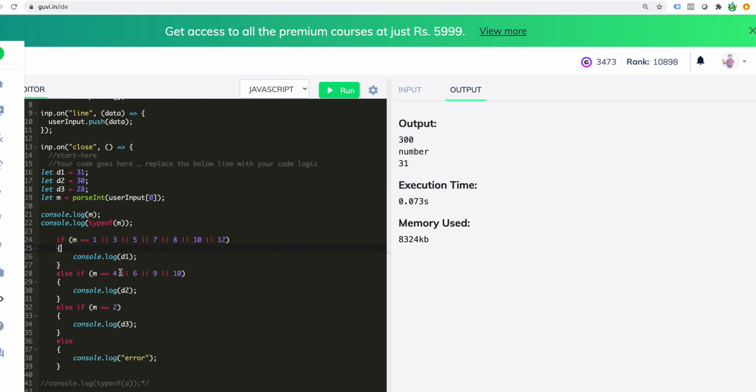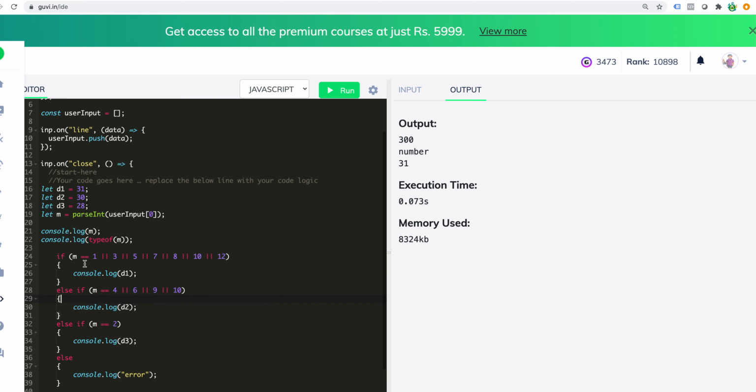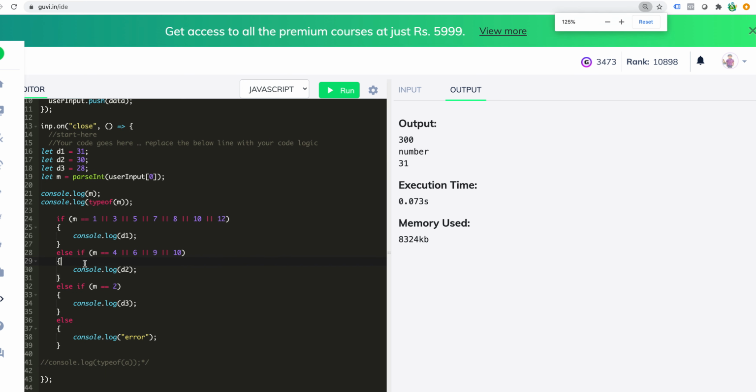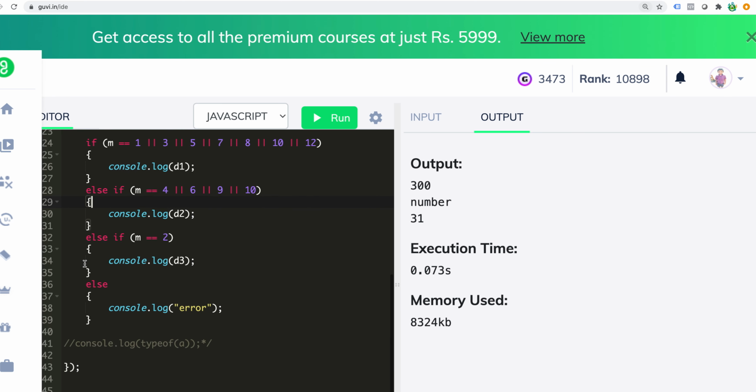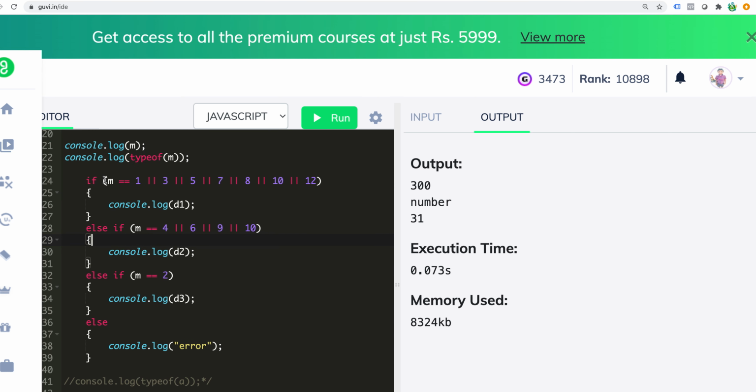What we know is it always stops here. It doesn't go to these places at any point of time. So let's check what is the trouble over here. Let me zoom in a little so that it is clearer. Here he has done m equal to 1, and then he has given all these as some numbers.